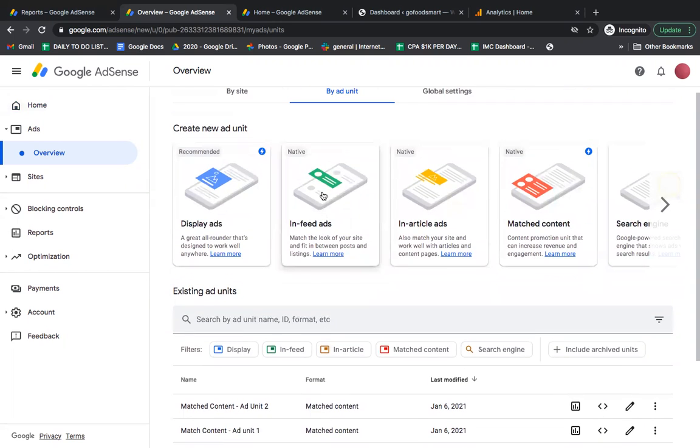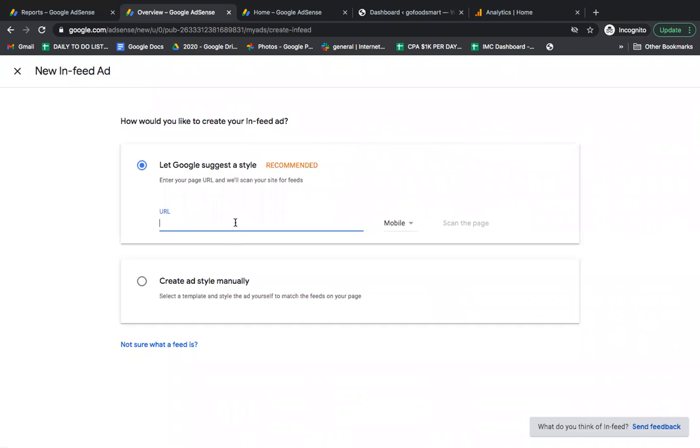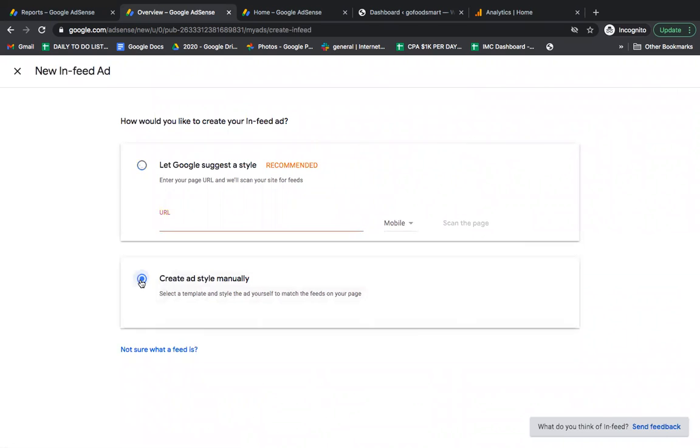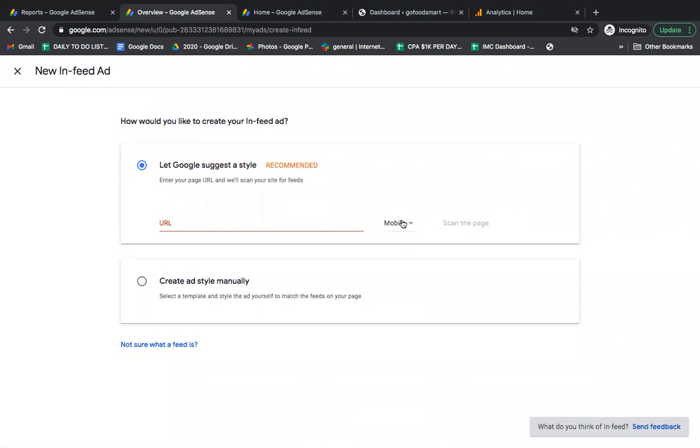Okay, in feeds, and I'm going to click this button. It says enter your page URL, and we'll scan your site for feeds or create ad style manually. So either just follow along, add your website link here, okay, desktop, and pretty much once you add your